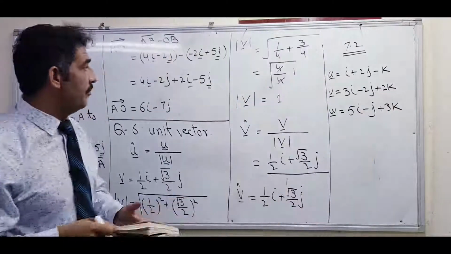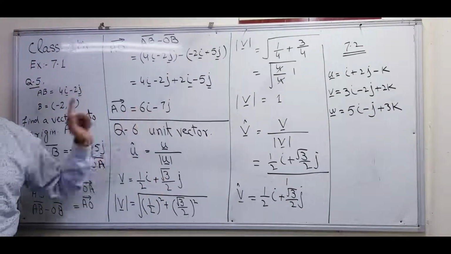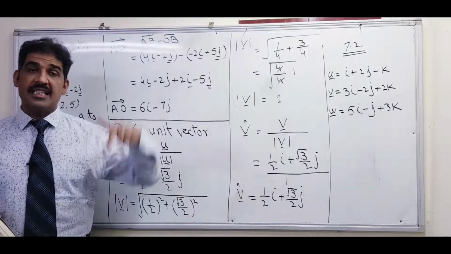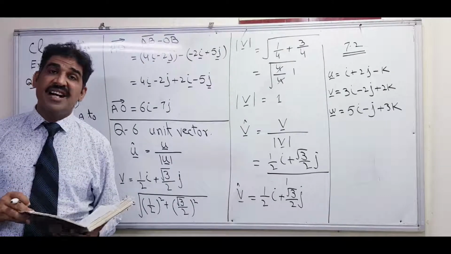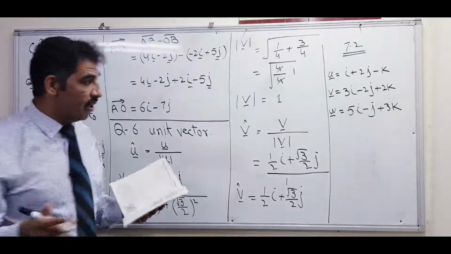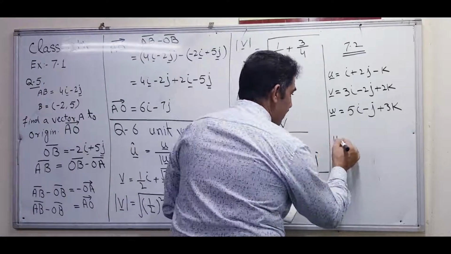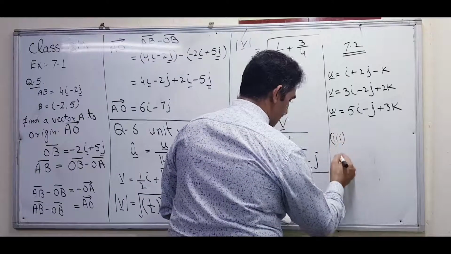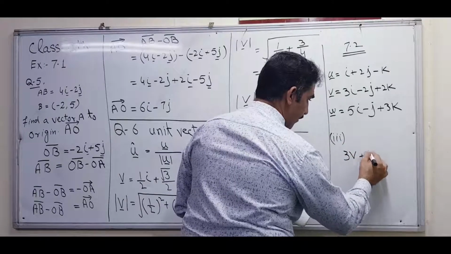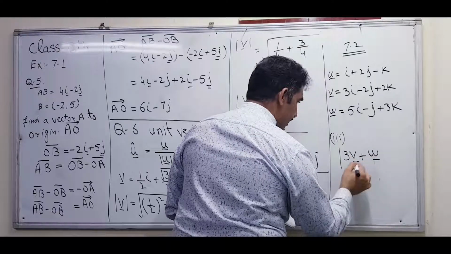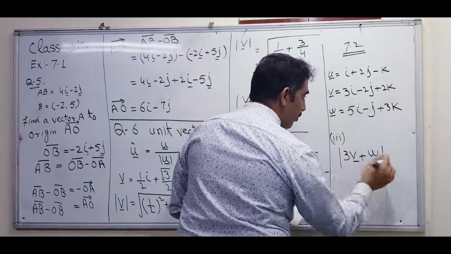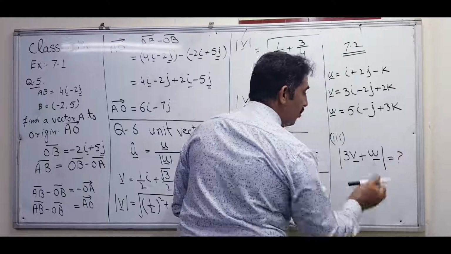As you know, before this we were solving only i and j components, but here we also have to use the k component, meaning space is involved, the z axis is also used. I gave you an assignment on how to solve it. You have to solve one part, the third part, which is this one. Solve it now and show me. That is the magnitude of 3v plus w. We have to find this value. How to find it?